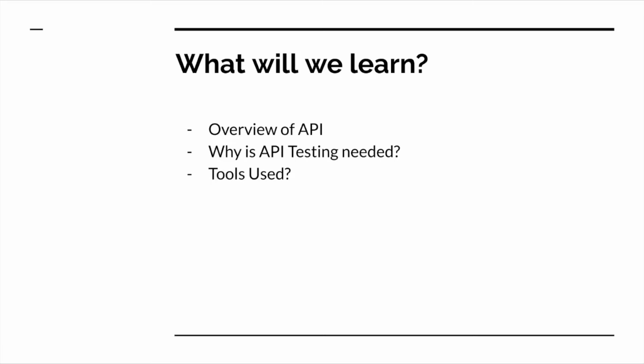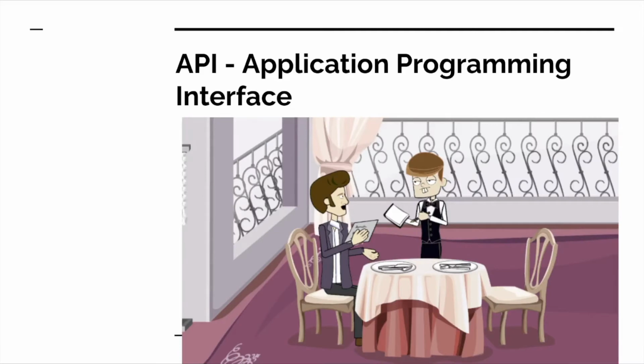To begin with, API is an application programming interface. And if I quote an example from real life, consider yourself in this picture and imagine going to a restaurant, meaning you are the client here and you want something from the kitchen. So, kitchen is the server which will serve you something. And let's say you want to order soup.